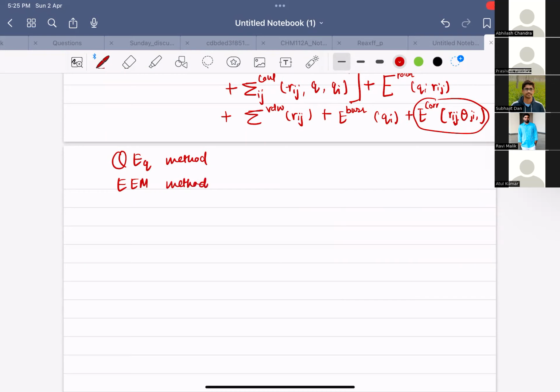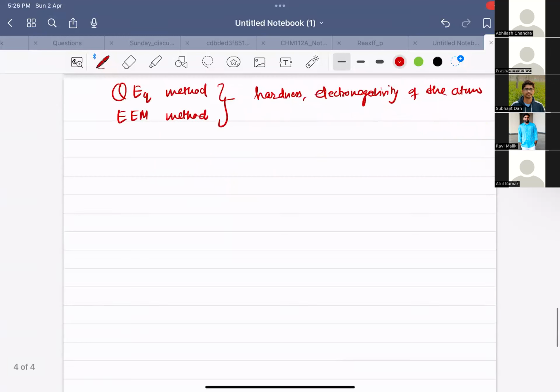Electronegativity equalization method. They both depend upon the hardness and electronegativity of the atom. Now, after all these, then in 2000,